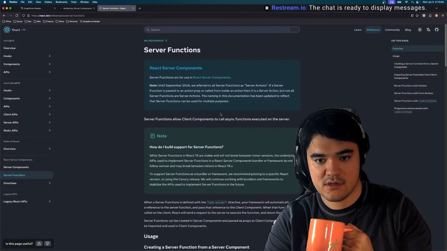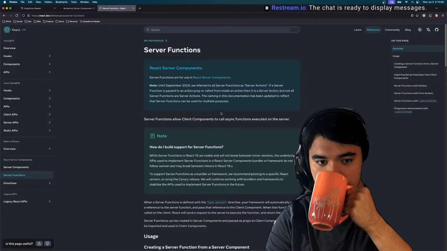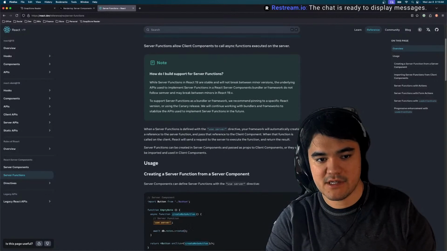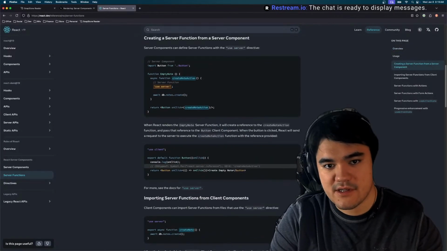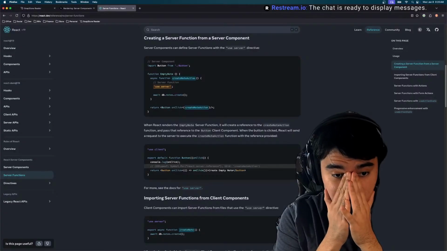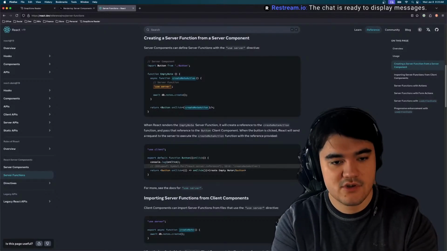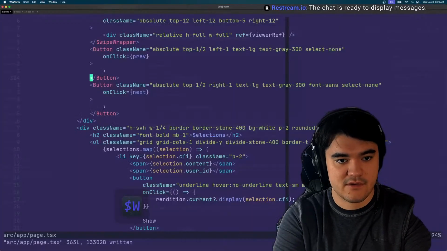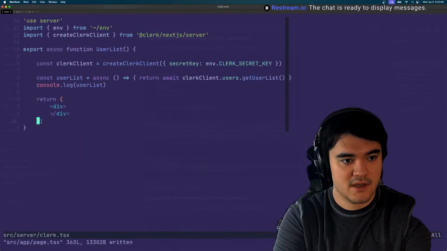Server action. Okay. Async functions executed on the server. Okay, all right, so let's try this. Creating a server function from a server component. Let's try doing it like this then. Yeah, so we'll just make it into a button, just because.